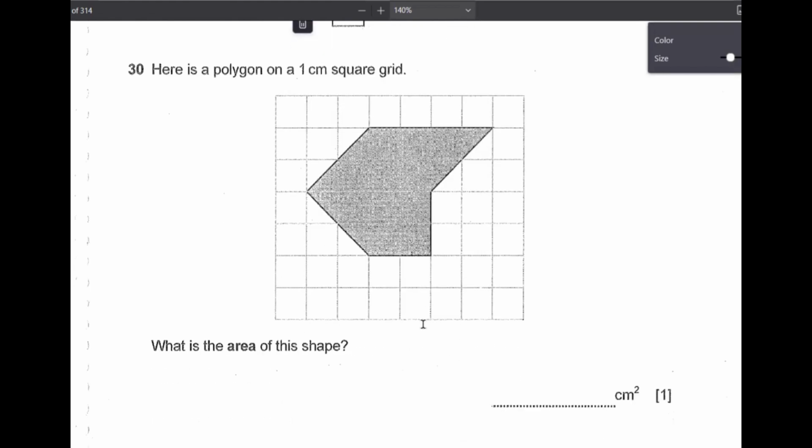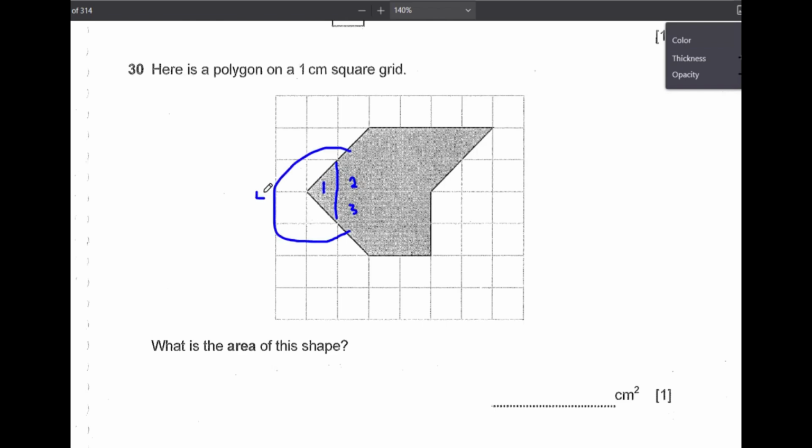We say here's a polygon on a 1 centimeter square grid. What is the area of this shape? What you're trying to do here is count how many parts there are. If you see those two, they make 1 square, so you count it as 1. This is 2, this is 3. Those two together count as 1 square, so it makes 4. This is 5. This is 6, 7,